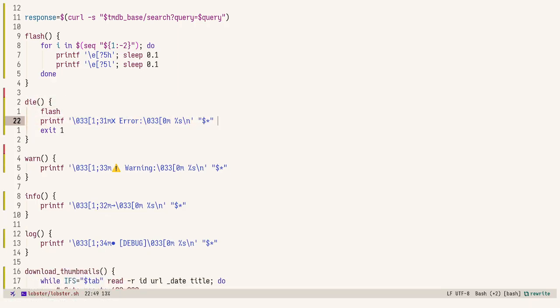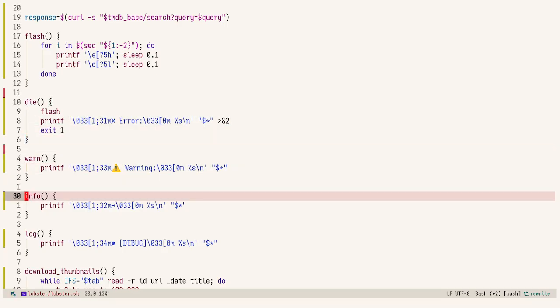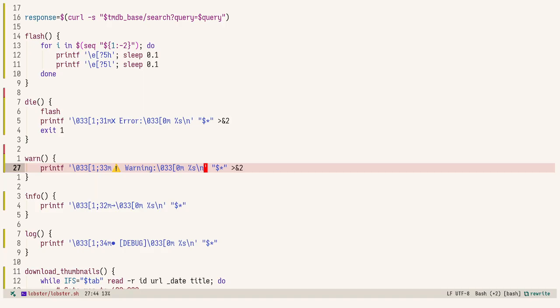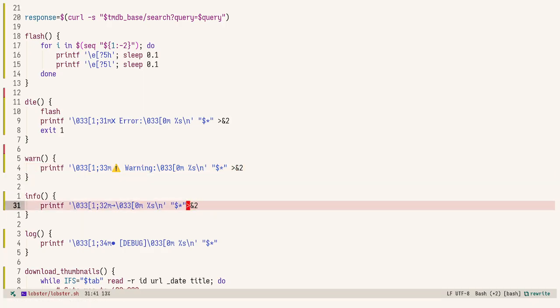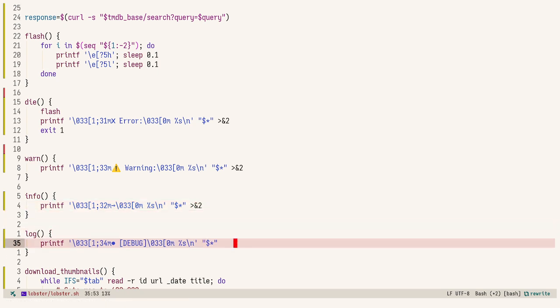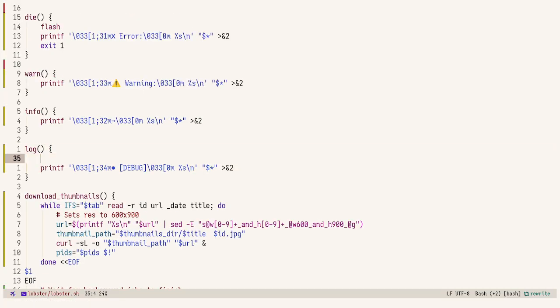So maybe you want to show only errors, or you just want to show the normal stuff. So what I will add is I will just redirect. You can redirect like you redirect to a file. And to specify that I want to use a file descriptor, meaning the stream, I just do 2 for the second one, which is standard error. And now we'll just do this everywhere here, for these functions I implemented. And then for log also I will